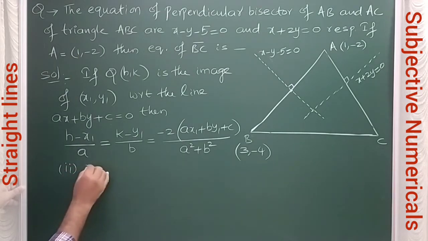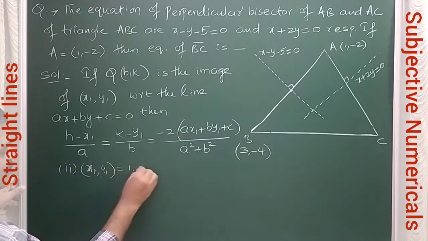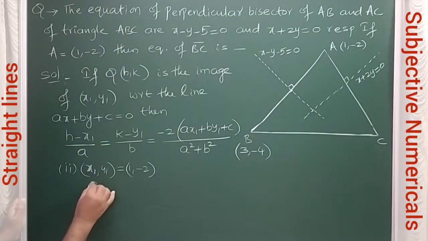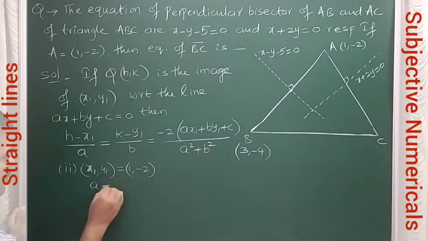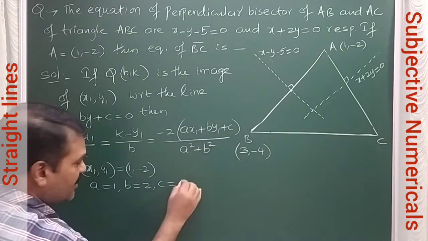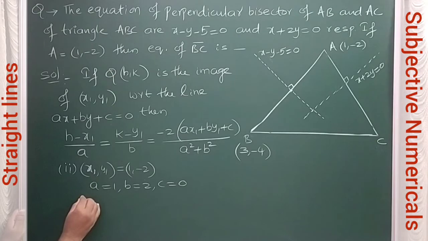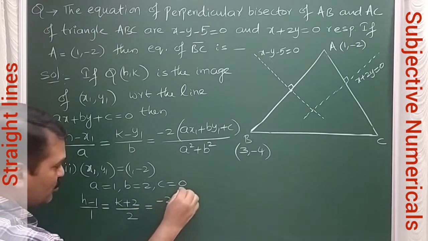our point x1 comma y1 does not change. x1, y1 is this one. The line is changing, so this line must be compared with this one. So A is equal to 1, B is equal to 2, the constant is not there, C is equal to 0. Substitute in the formula, then we will get (h minus x1) by A, that is equal to (k minus y1) by B, is equal to minus 2 times